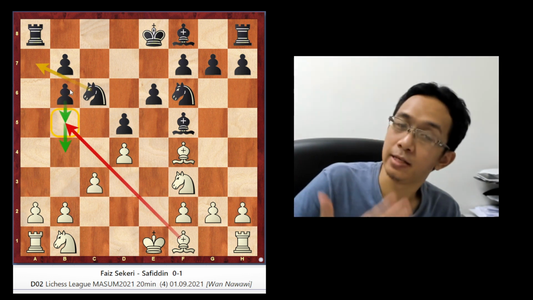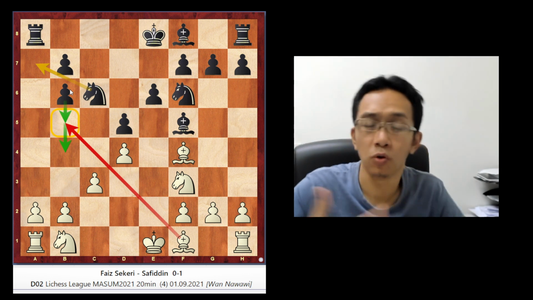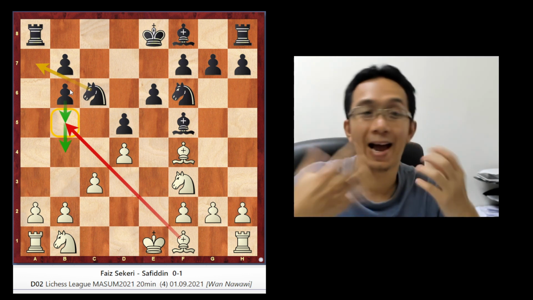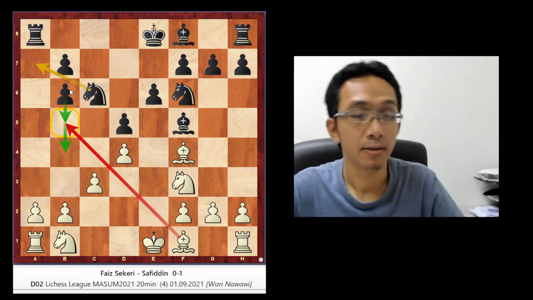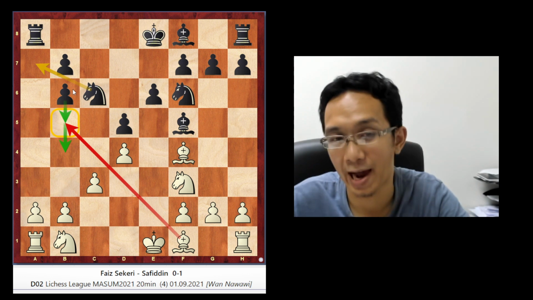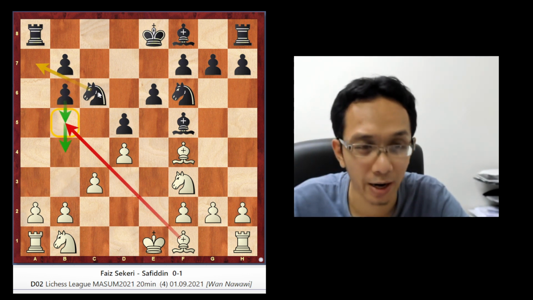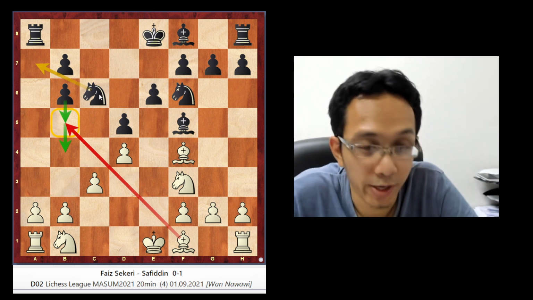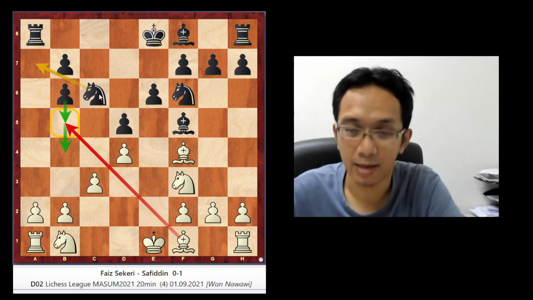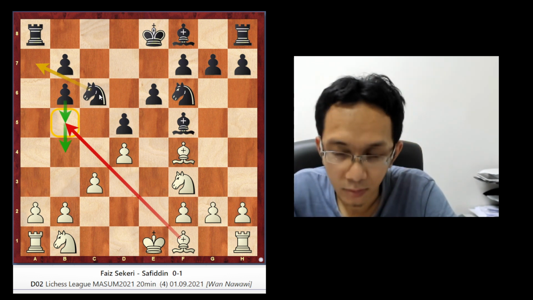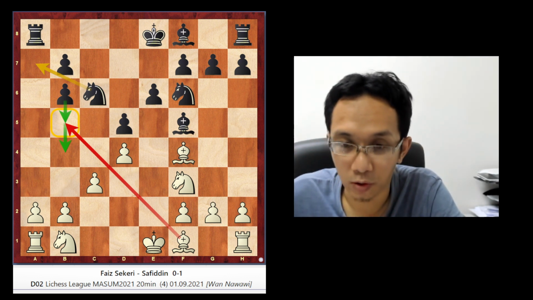So that's the reason why you try to look at the theory, what people said, so you can use people's ideas in your game. If you don't know that idea of b4, b5, if you don't know the idea of knight a7, you will not know what to do here. So that's the advantage of having knowledge of what we call the opening. Okay, so let's go to the game.